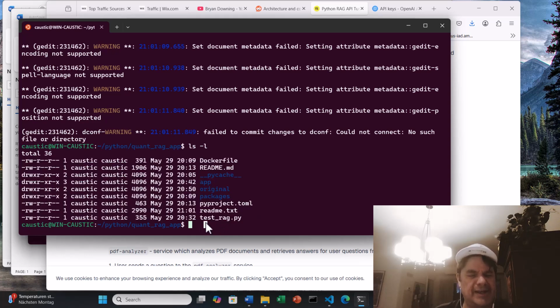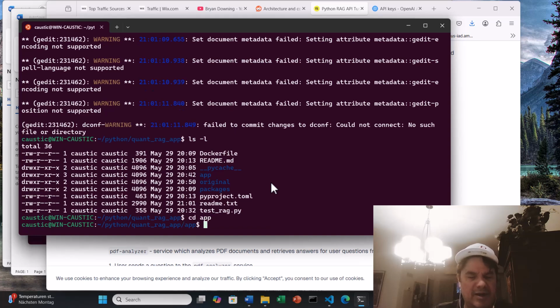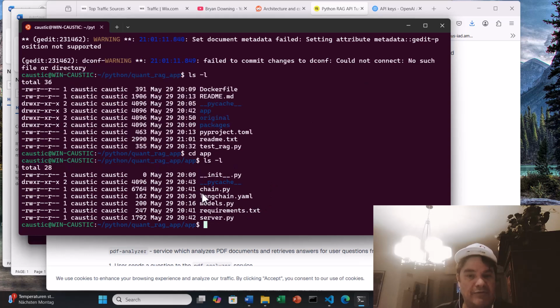And then we also have a client testing application that I created called TestRag. In here, we also have an app folder, and we have all the necessary Python files with requirements to run all this. So I've taken it as far as I can, and let me show you now